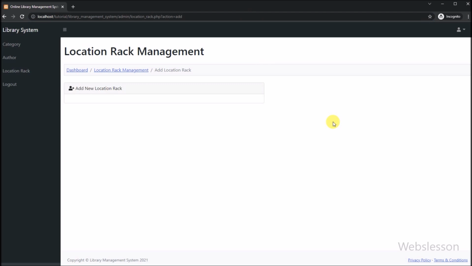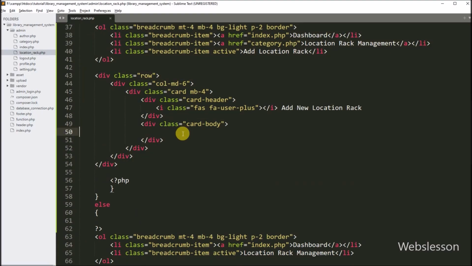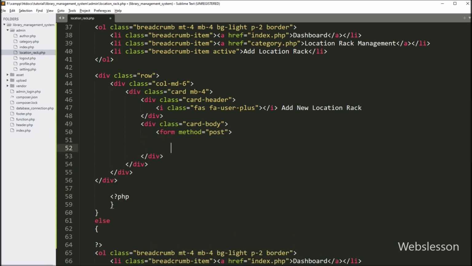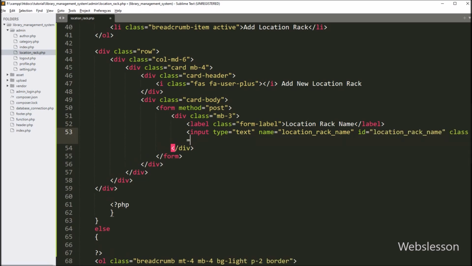Now we want to make a form for adding a new library book location rack. So here we create one form tag with method attribute equal to post. Under this form, for entering location rack name details, we create one input tag with type equal to text, name attribute equal to location_rack_name, and id attribute equal to location_rack_name.